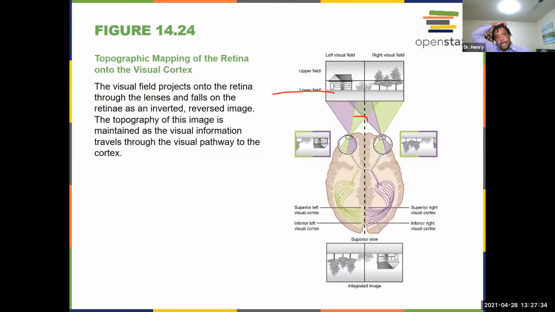This here is a topical mapping of the retina. And so if we sit there, we look at an image. So in this case, they have this nice little image of a house. The upper left field is going to be the roof of the house. The lower left field is going to be the house itself, right? So our eyes kind of break this part down. So it actually will reconstruct the image, but